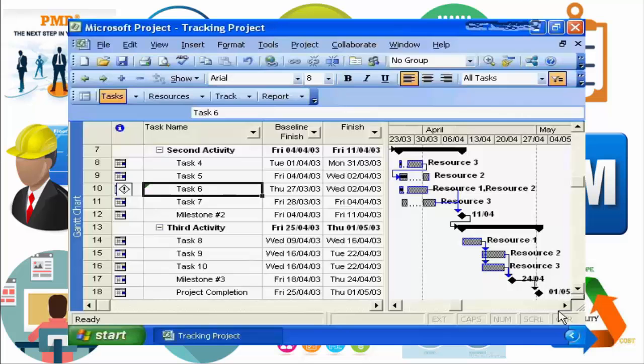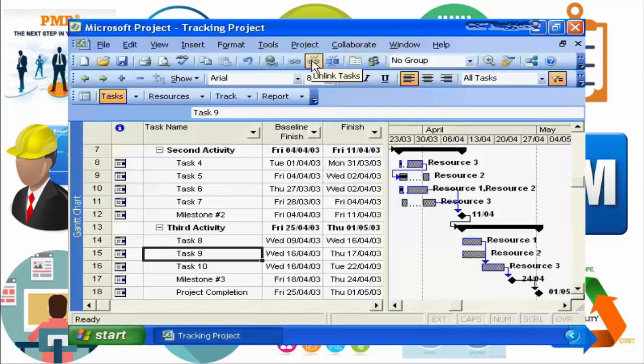We originally set it up with that dependency in mind, but as we begin to think about it, yes, we would be adding some risk to our project if we remove those dependencies, but there really is no reason that, with proper communications between our resources 2 and 3 back to resource number 1, these tasks couldn't begin to happen in parallel. So we go to task number 9 and we remove the dependency. So now it is happening concurrent with task number 8,